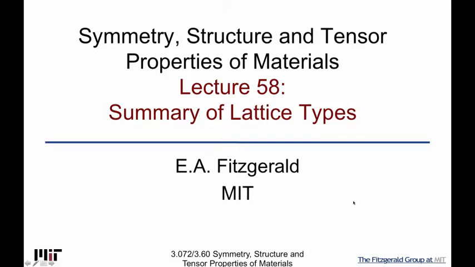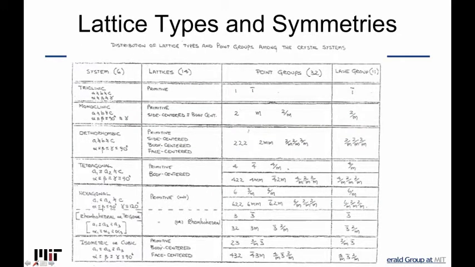In this lecture, we're going to summarize the lattice types that we have just derived with the T3 choices that we've made. And then we'll list the three-dimensional point groups that are compatible with each lattice type. Here's a table that lists our systems that we've created: the triclinic, monoclinic, orthorhombic, tetragonal, hexagonal with the rhombohedral choice,